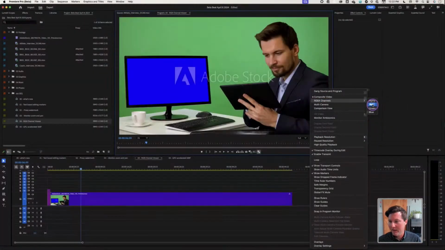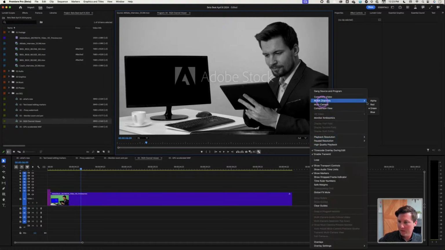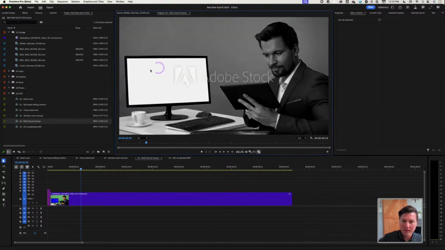Okay, so let's go ahead and choose green. The reason why I chose this particular clip as a demo piece is this is really useful for being able to evaluate green screen footage or blue screen footage. So just looking at the green channel, I can see that the green is quite light. And conversely, if I looked at the blue channel, I would see that the blue is very light. And importantly, in both cases, the human subject, the skin tone, and the wardrobe